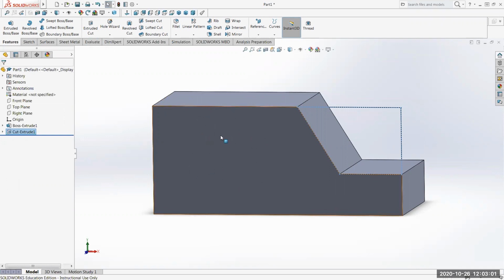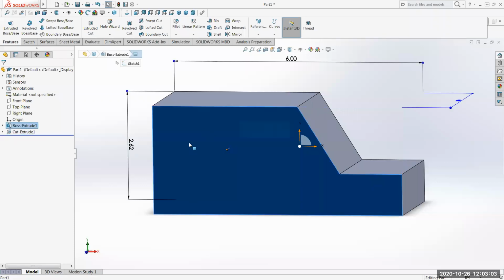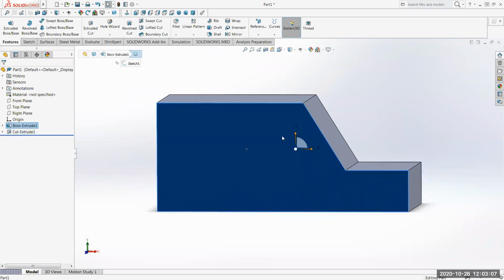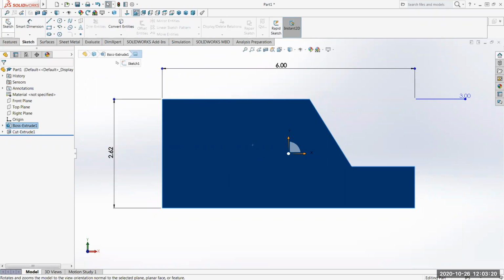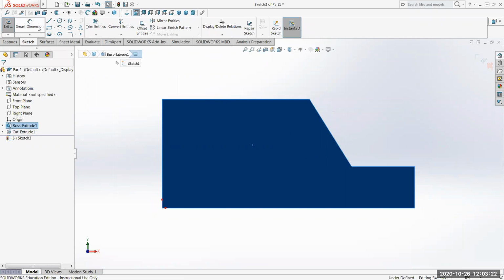So my next cut is going to be through here. So I'm going to click on this face. This is the face I want to work on. Single click on it, normal 2. And I'm going to use my pencil or the line command to just sketch the shape of it, and then I'll add dimensions to it. So we start by highlighting the surface. Number 2, we create a sketch. I'm going to draw the sketch,